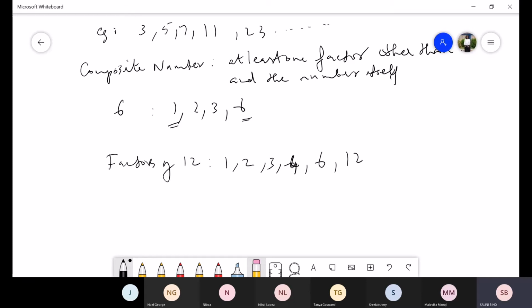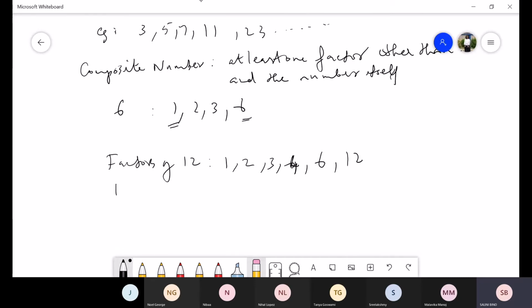So you will write the factors like this, right? 4 into 3 is 12, 3 into 4 is 12, 6 into 2 is 12, 12 into 1 is 12. Am I right? What I've written is correct or not? Yes, ma'am. It's correct. Okay, so these are the factors. So factors means if a number divides another number exactly, that is, you should get the remainder as 0.